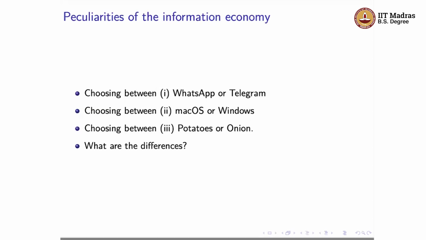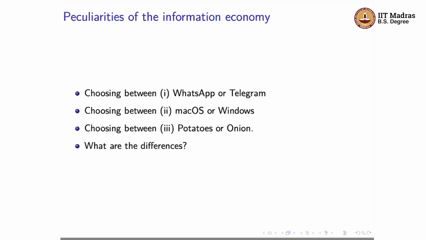For example, one particular system may have the software related to your particular profession. It might be more available in one system versus the other, right? So there, you're thinking about which system probably has more of what you require. Whereas in the third choice between potatoes and onion, you're probably not concerned about any of these issues, right? You probably go to the market, price is probably the most important thing, and of course your taste, but your taste is there in the other systems as well, right?